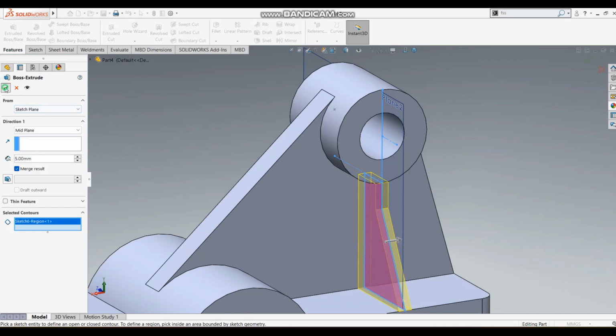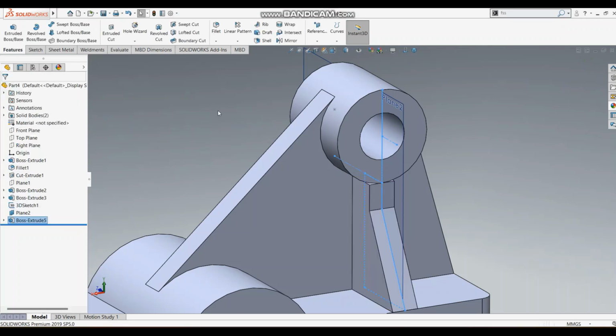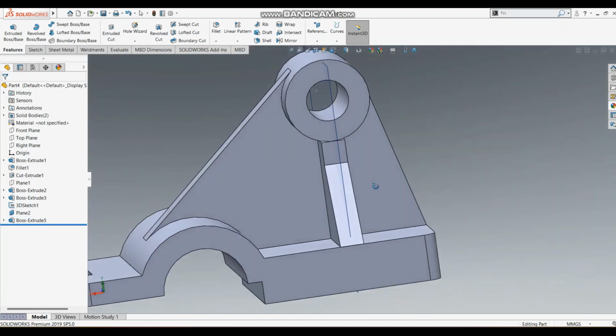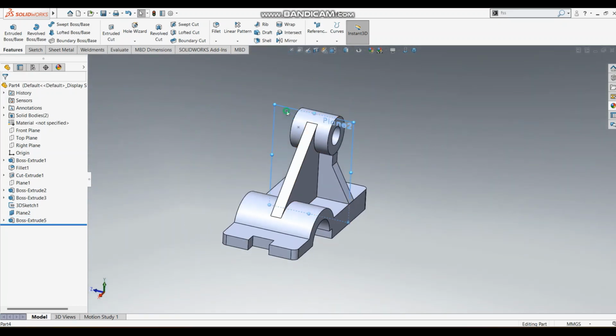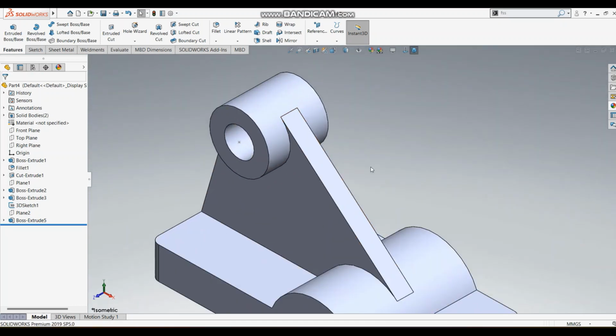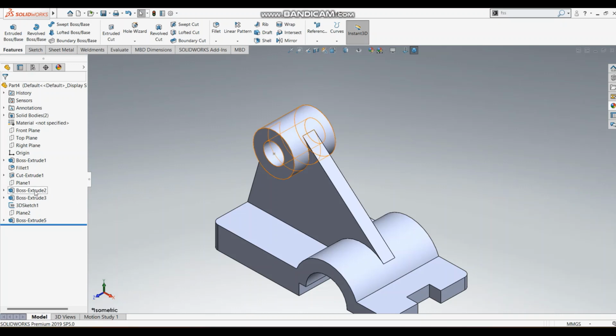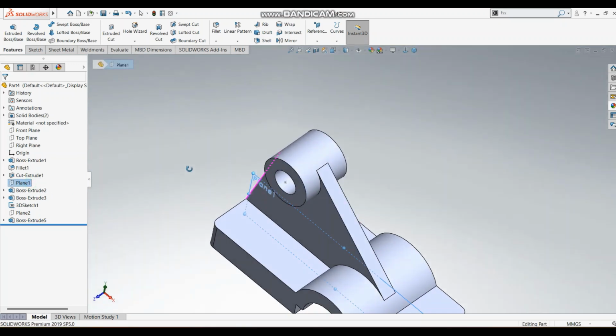Okay, be 10, and this is not a merge feature. Now it's done. You can hide the plane, and if you have got the center plane, which was this, with the